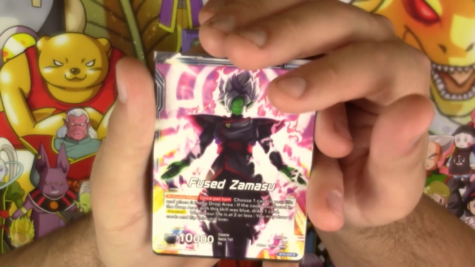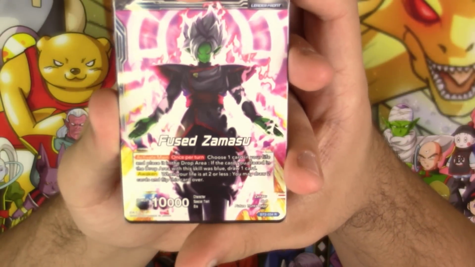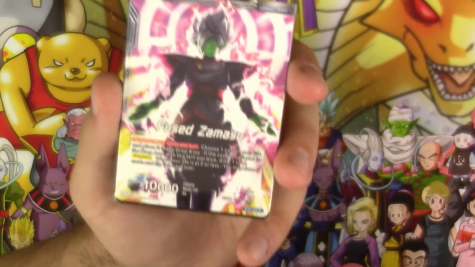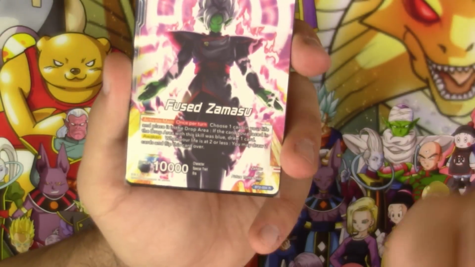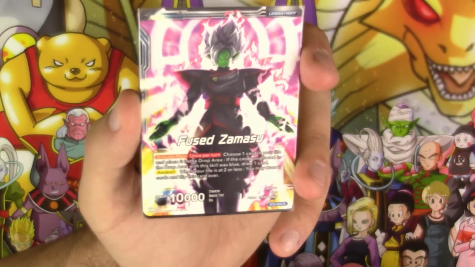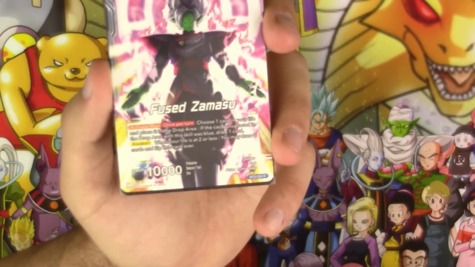So let me just go ahead and do a quick review of the card for those of you who don't know what this leader does. The main is once per turn, choose a card in your life, place it in the drop area. If that card you placed in the drop area was blue, draw a card. So it's a way to draw once per turn, which is okay, but since you run an almost even blend of blue and yellow, I think you actually run more yellow. Yeah, you run more yellow than blue. So odds of you actually drawing a card off this are slim, but it's still nice to have just to